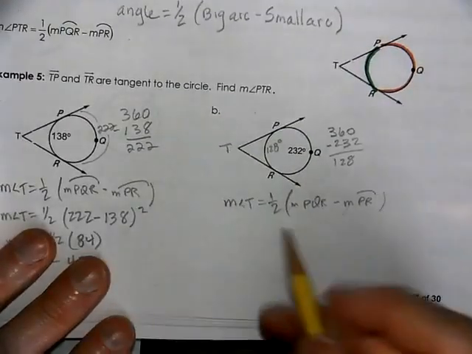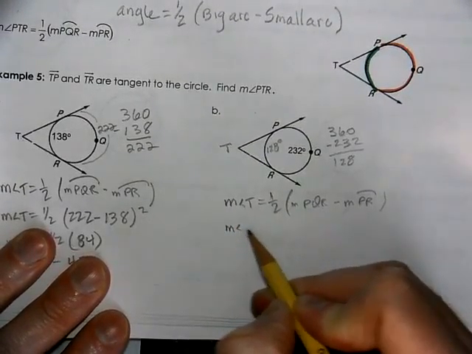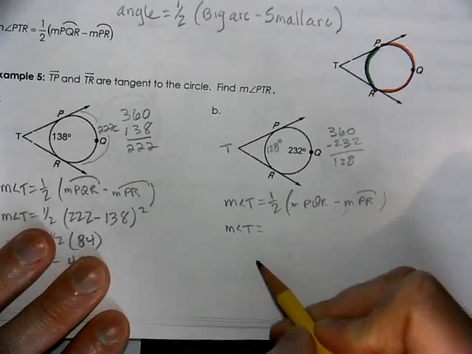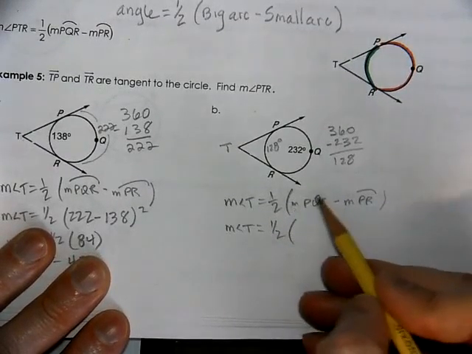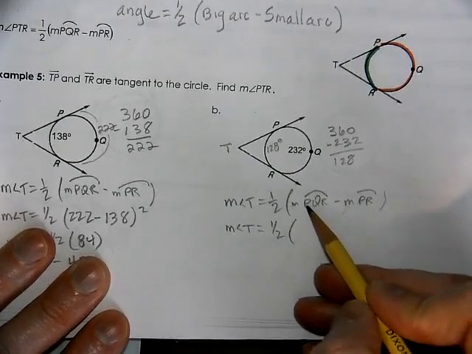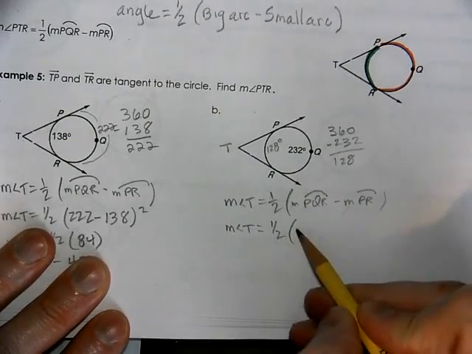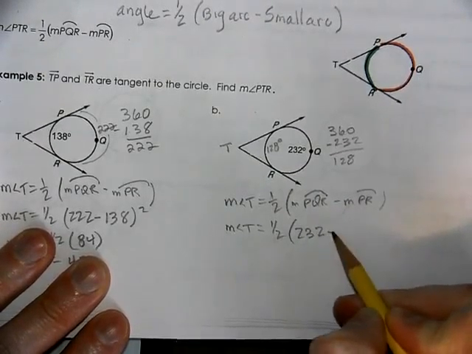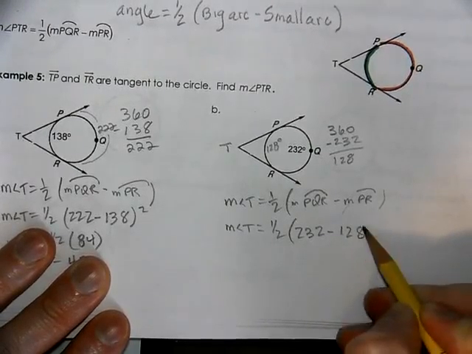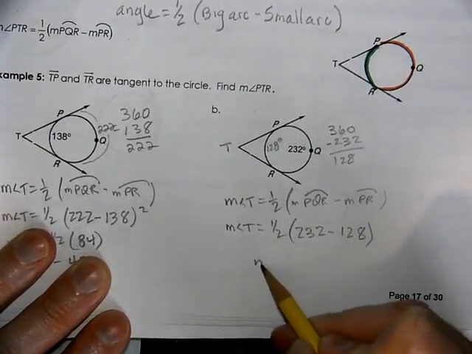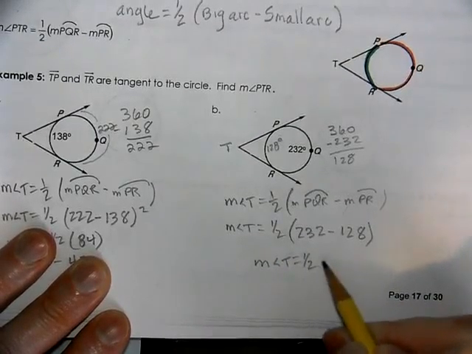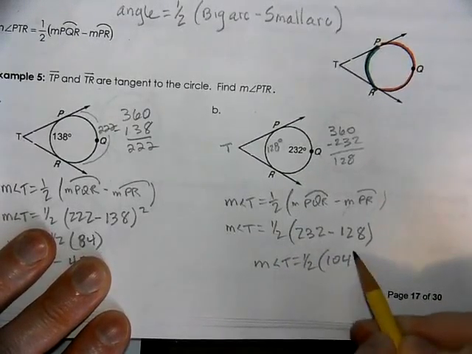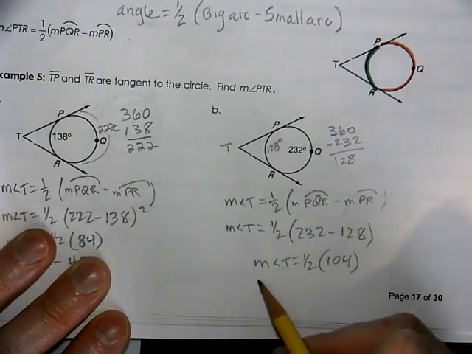Okay, so now we're going to plug in our numbers. The measure of angle T equals half the measure of our arc PQR, which is 232, minus 128. That's going to leave us with the measure of angle T equaling half of 104. Then when we take half of that,